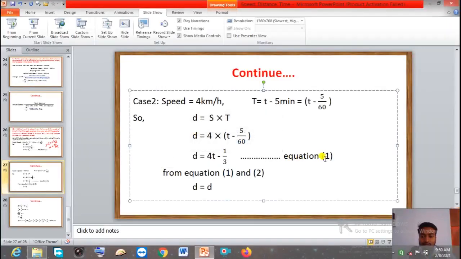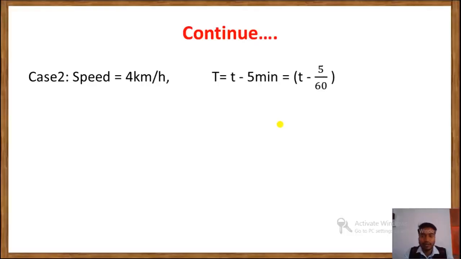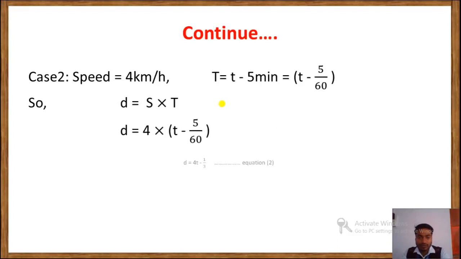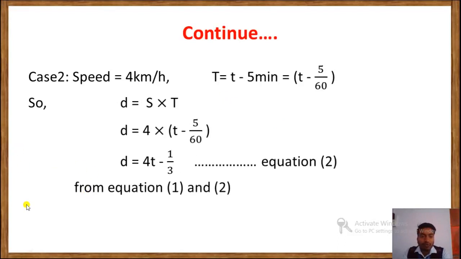This is equation number 2, not 1. 1 already we have given. Okay, this is equation number 2. Now from equation number 1 and equation number 2, now you can see